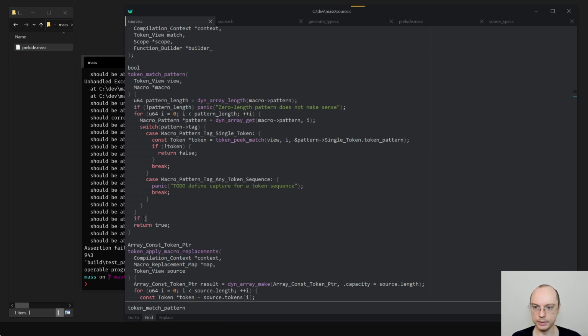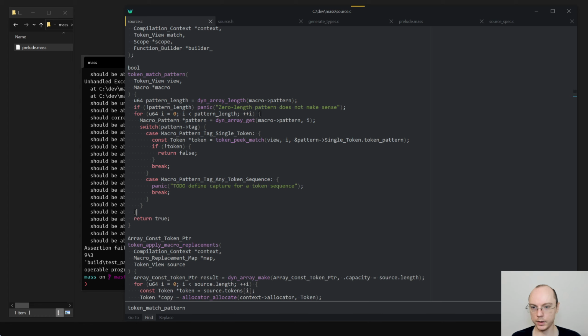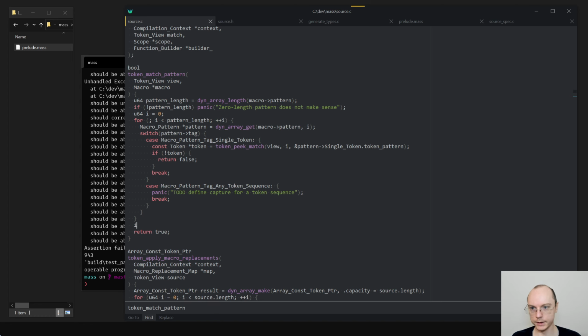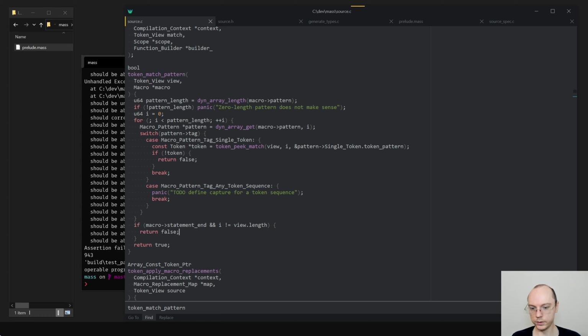In here I need to say that if... so we need to extract this index into here, say that if I is not equal to view length, so if macro statement end, return false.